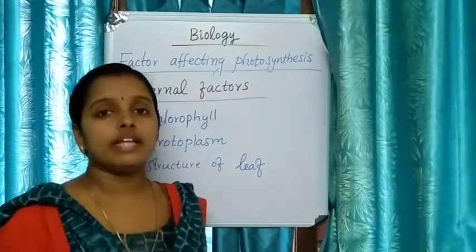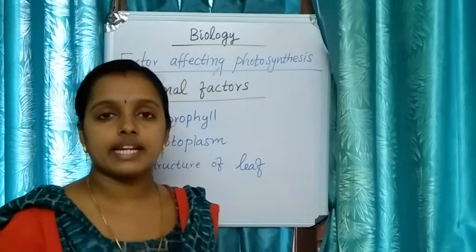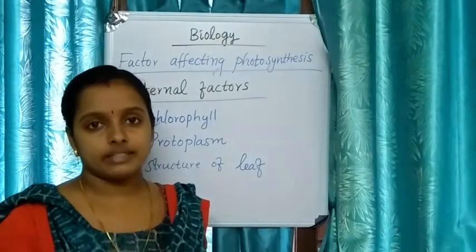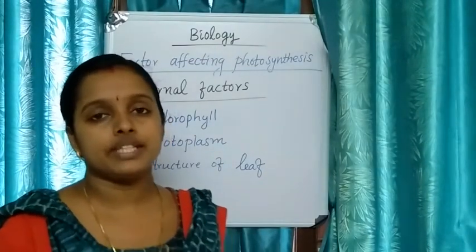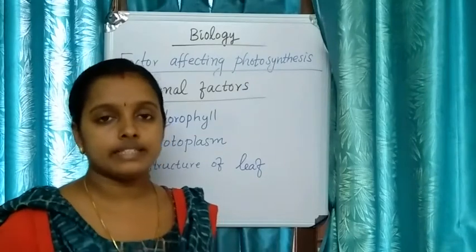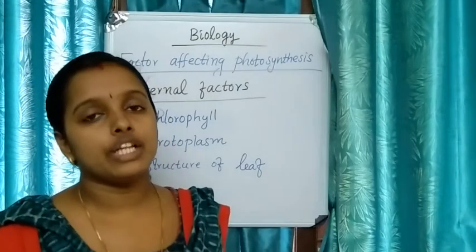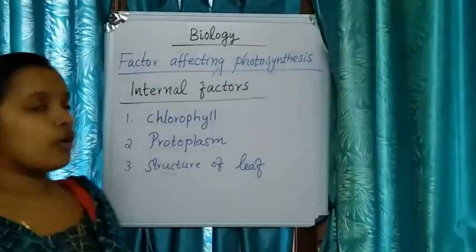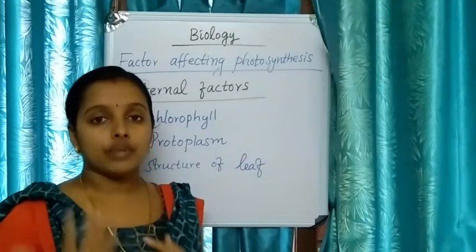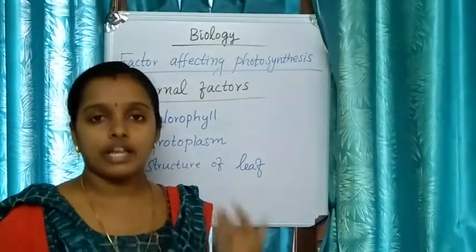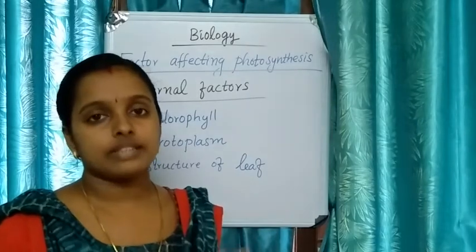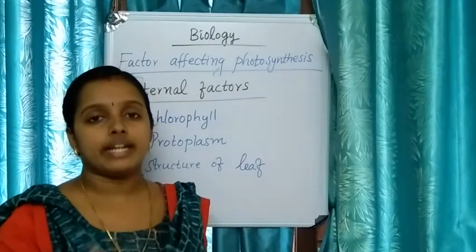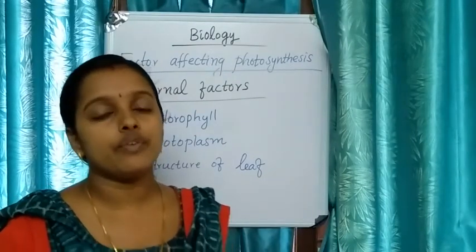Chlorophyll. We know that nutrients, that is, mineral nutrients, are essential for the proper growth of plants. If any mineral nutrients are deficient, that will affect chlorophyll synthesis, and it will lead to the disintegration of the already produced chlorophyll. As a result, chlorophyll deficiency will be there, and if chlorophyll is absent, the plants cannot trap sunlight. So gradually the plant loses its capacity to trap sunlight. It will adversely affect the rate of photosynthesis.